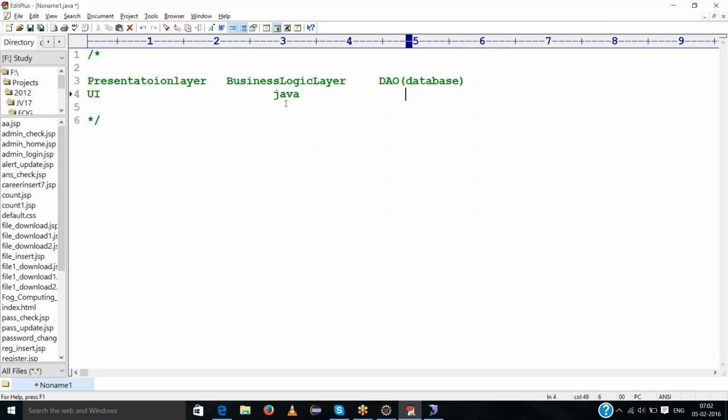It is Java, it is a database. How to connect Java and database. Right now the connection is over, which means step one is over.